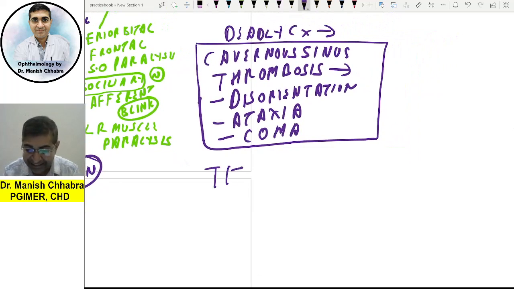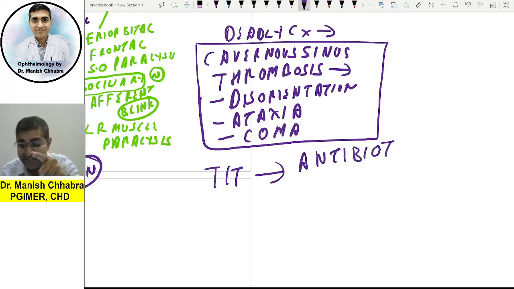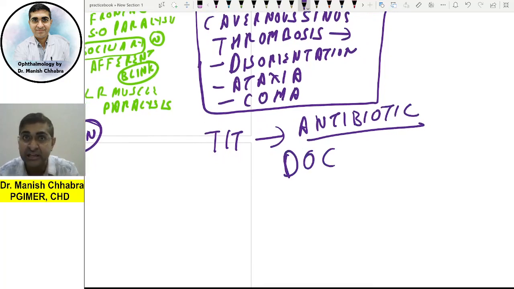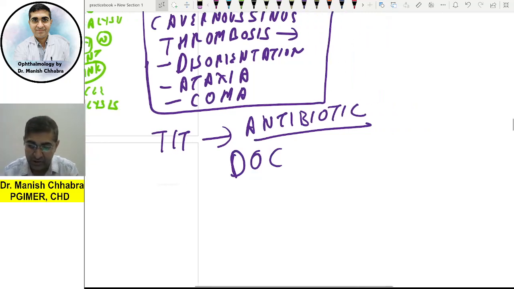Now, what will be the treatment of orbital cellulitis? I always tell that if you know the etiology, you also know the treatment. What is the etiology? Most common organism, infection, right? Staph aureus. Yes. And treatment will be antibiotics. Now, which antibiotic is effective against Staph aureus? One antibiotic, drug of choice. Don't say penicillin. In India, penicillin resistant Staph aureus are there. So you will go for